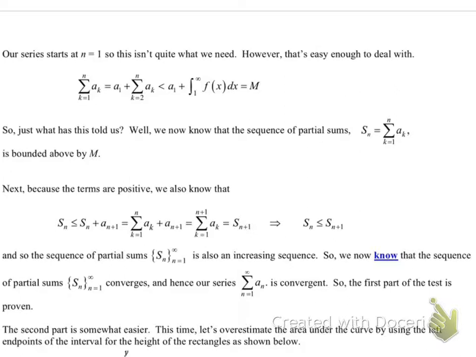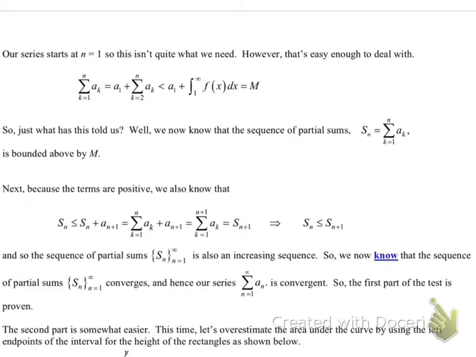And then we have, so just what has this told us? Well, now we know that the sequence of partial sums is bounded above by M, being the first term plus the integral. Because all of the terms are positive, we also know that